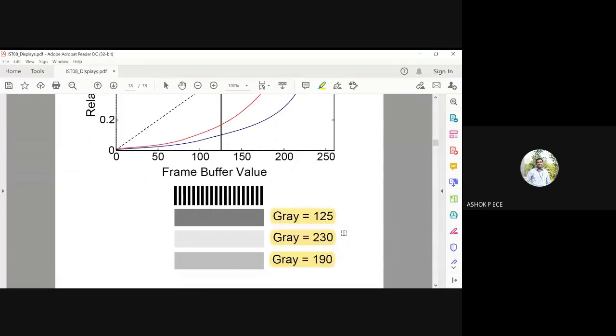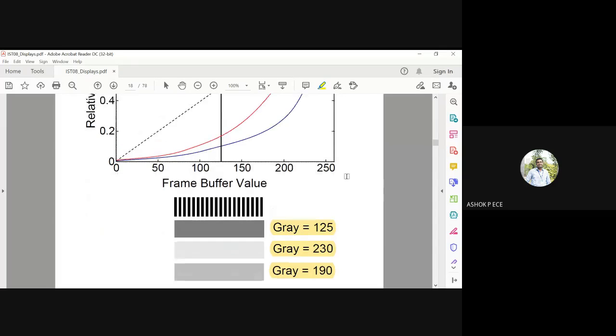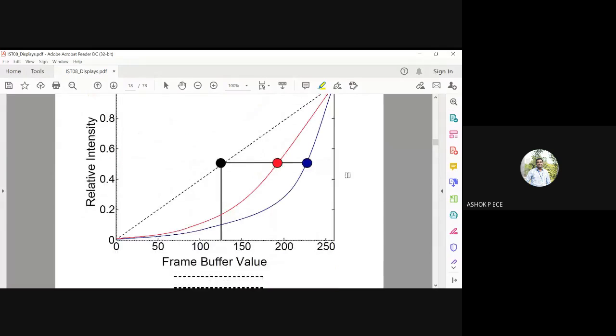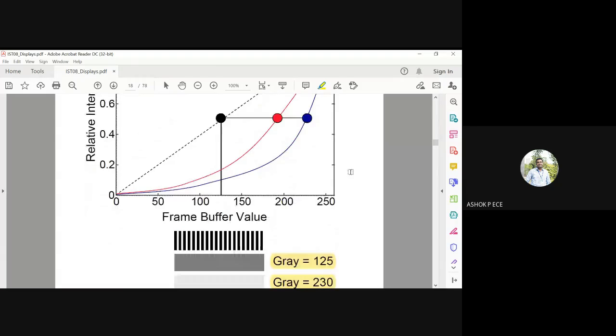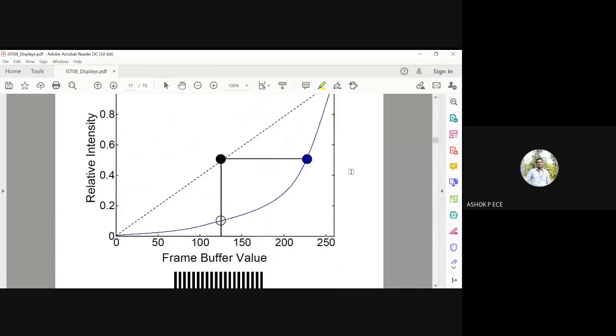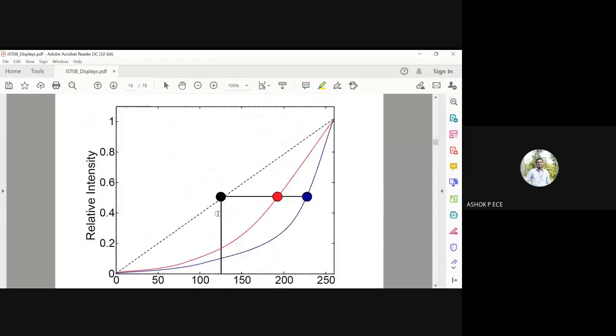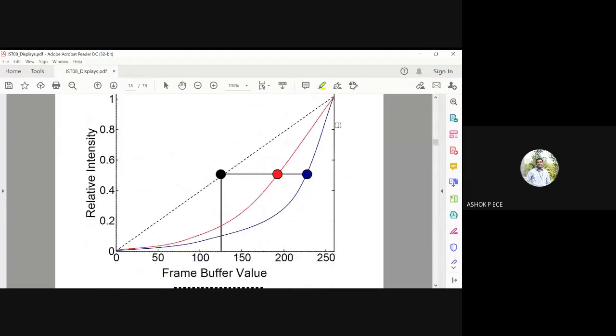So as you shift your gamma value, you can see the different gray level values, how they are appearance wise, how they are different, and value wise, how they are going to be different. So that is what is shown here. The first graph, what you have seen, is for a single gamma correction graph. Second, you have considered two gamma values. You see above the linear line, you have two gamma graphs, and I'm finding out the different grayscale levels of all the three graphs.